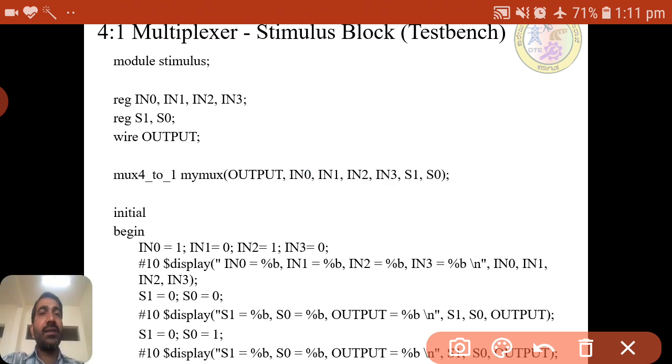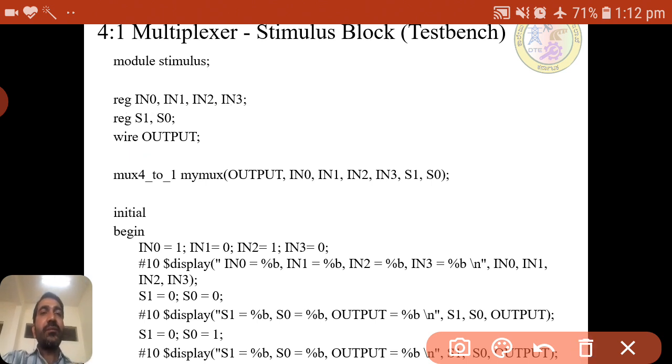Always, the inputs of the design block, that is IN0 to IN3 and S0, S1, we should declare as register data type, and outputs we should declare as a wire. It is exactly the reverse: in the design block we declare inputs as wire and output as register or wire, but usually register.